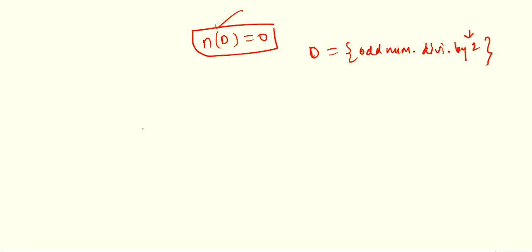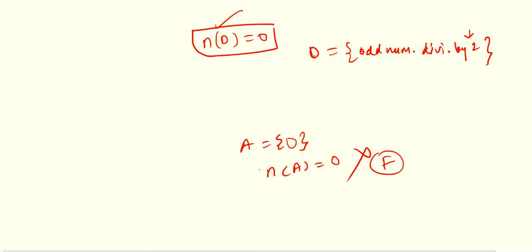Then question number 3. If set A equals {0}, then n(A) equals 0. This is a false statement. Why? Because n(A) is 0 only when you are having an empty set. But you are not having an empty set, you are having 0. So 0 means one member. So n(A) is 1. But in the question n(A) is 0. So this is a false statement.